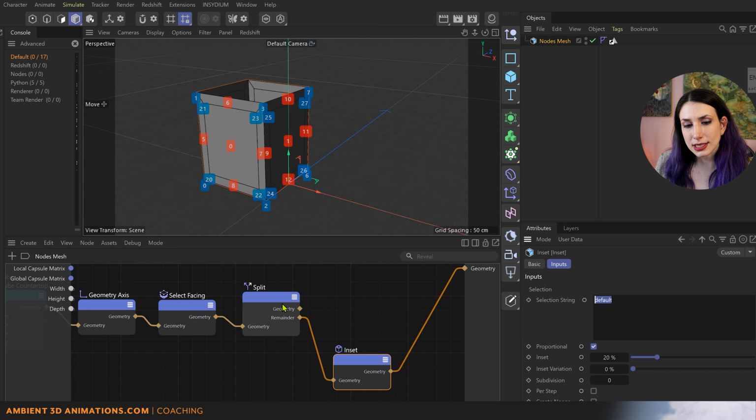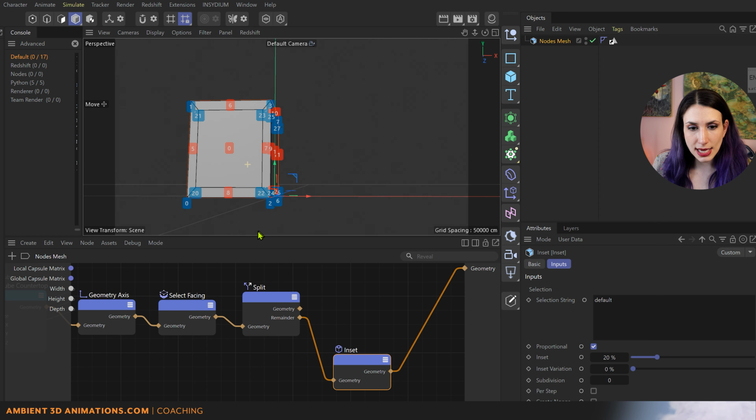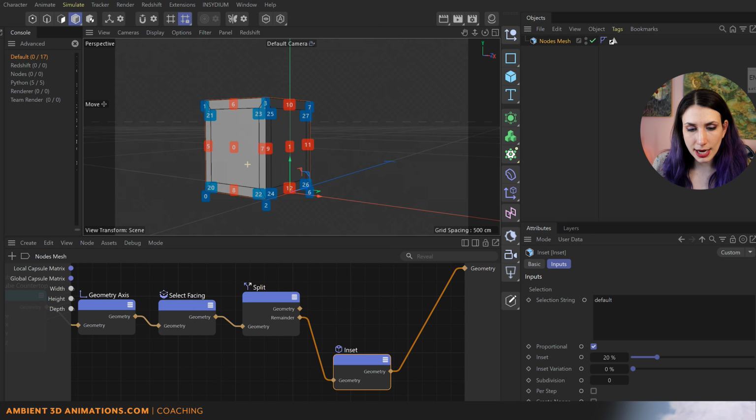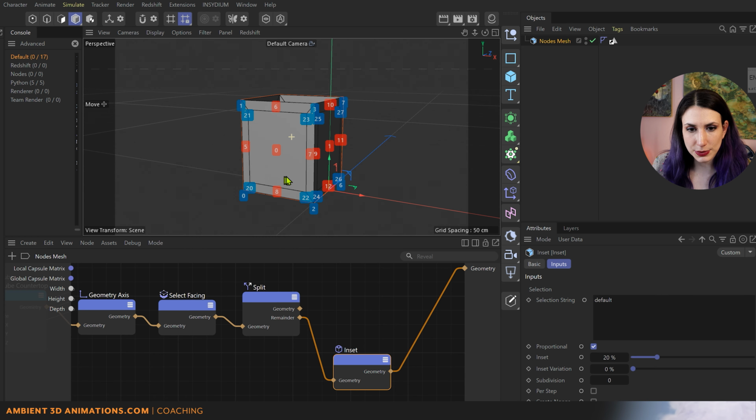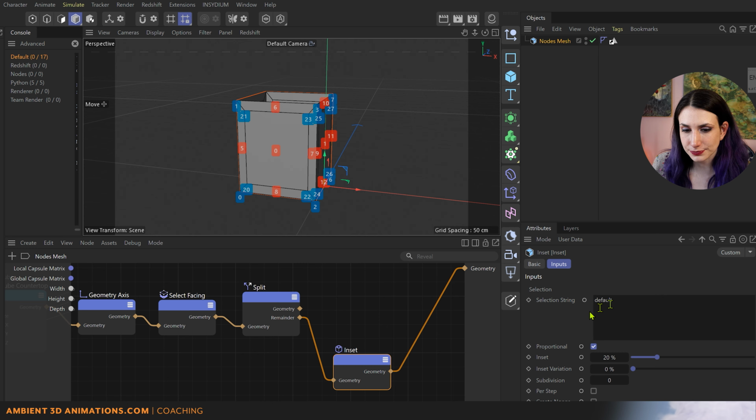So when we split this, our remainder, when we plug the remainder into here, we're saying this remainder is our active selection. So when we use the default, we're using our active selection, which is the remainder of our model. So you can see everything here is being inset. Now we could say that perhaps we don't want to inset everything. We just want to inset the sides and not the bottom. And in that case, if you want to do that,